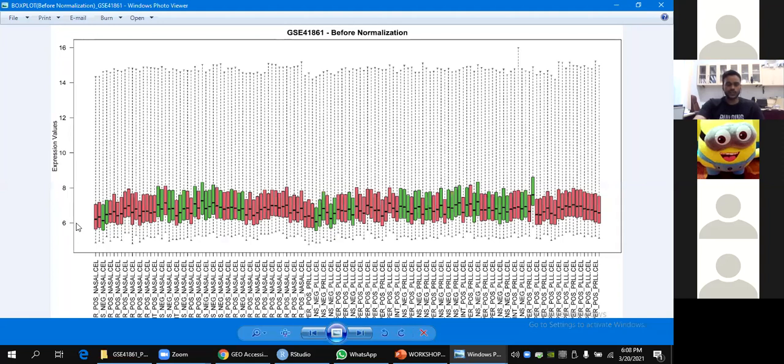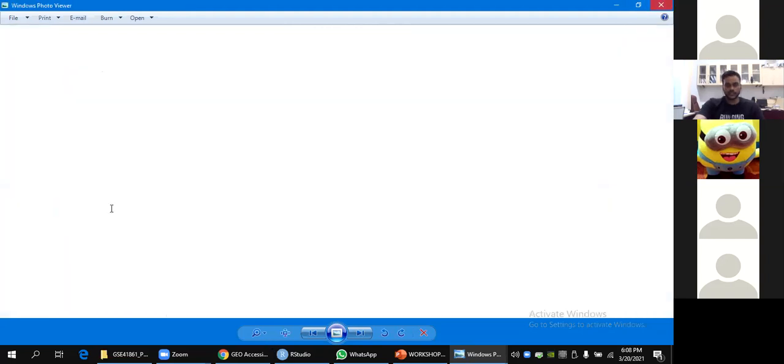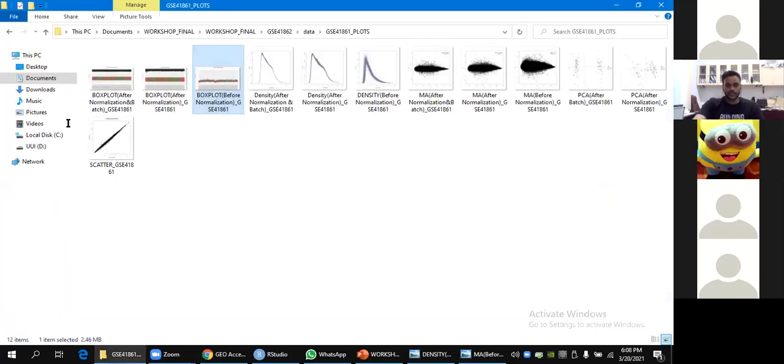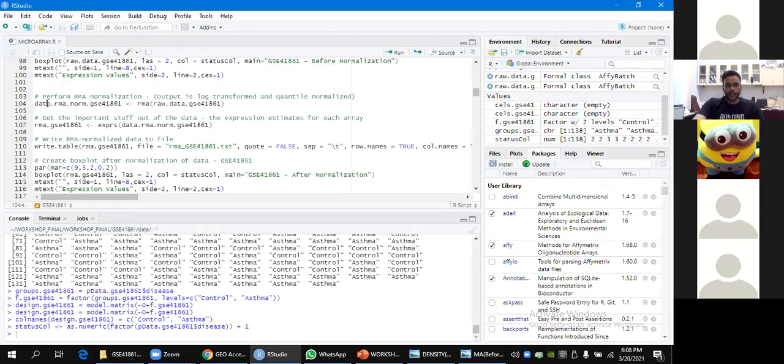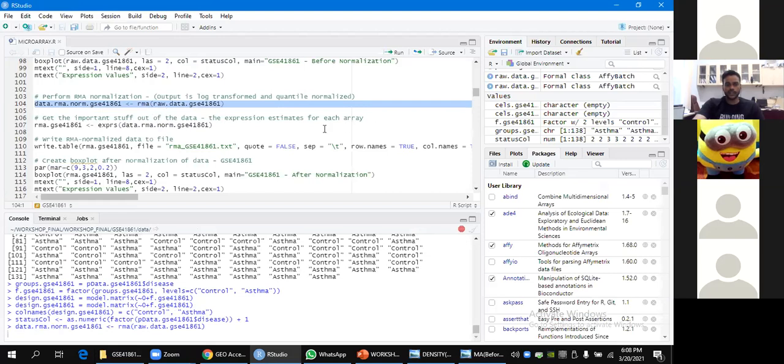On the x-axis, you can see the sample names and expression values on the y-axis. Now this command RMA, robust multi-array average, will do the within-array and between-array normalization for our data set. We are doing it for the first data set right now.